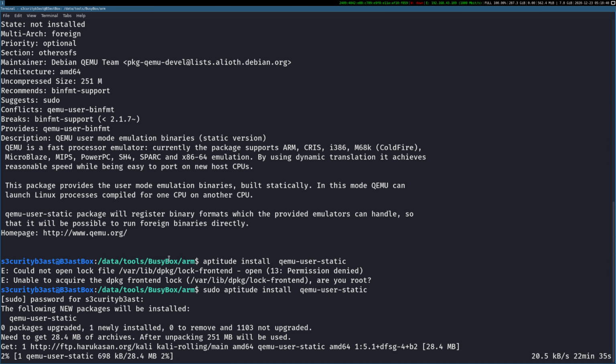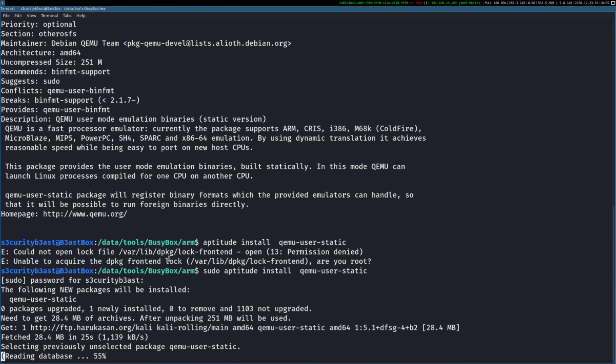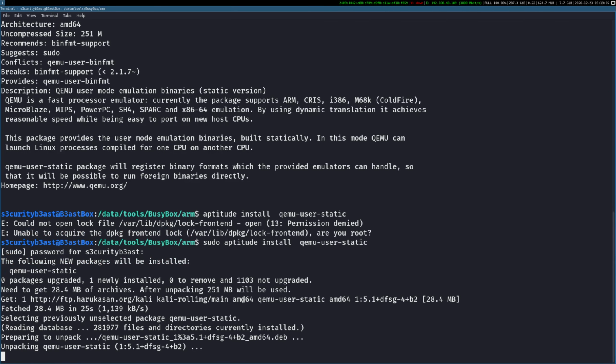After unpacking, it will become 251 MB. I don't know, the speed of the internet is quite low today. Yes, we have downloaded the package, and now it is going to start the installation. And the distro, you can see, is Kali rolling, so the latest Kali Linux as of today.